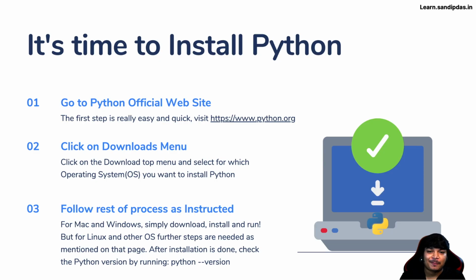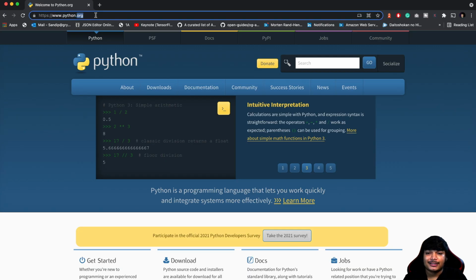Now it's time to install Python. To install Python, you have to go to the Python official website, and then based on your OS, you have to select the installation process. Okay, let me show you. Now this is the Python website. You can see here